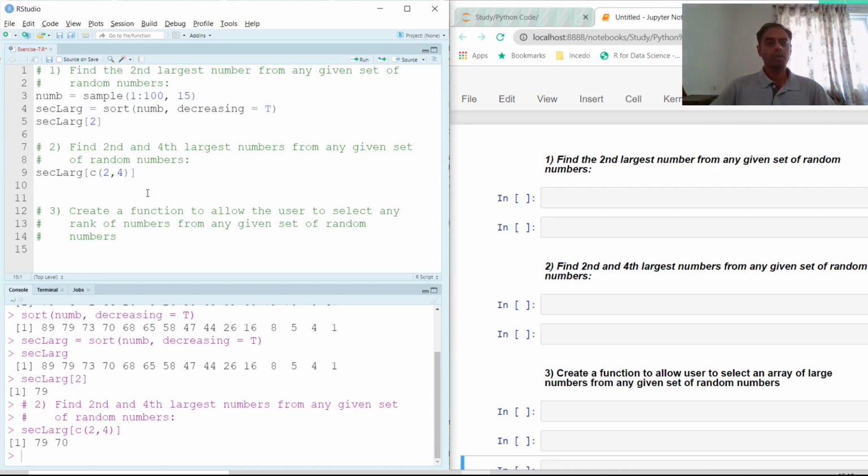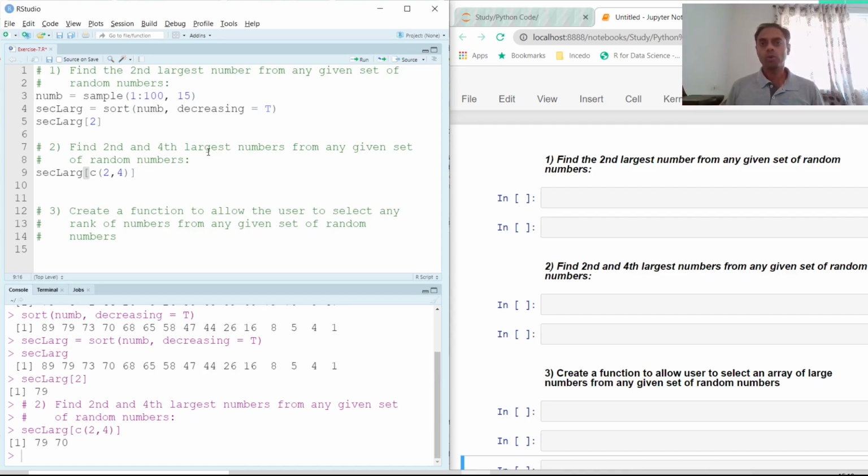Now coming to the last problem, create a function to allow the user to select any rank of numbers from any given set of random numbers. So what are we trying to solve here? We have the same set of 15 numbers, and different users would ask different questions from that 15 numbers.